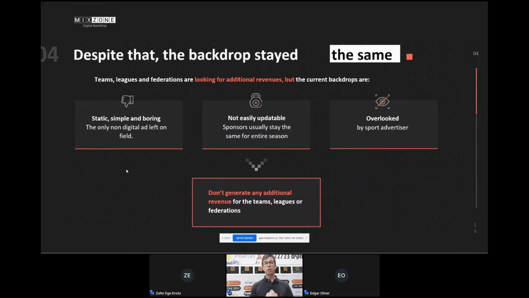And you cannot update them through the season. You can, but you will have to reprint them all over again, which makes it really hard. It's not sustainable, and most of the time clubs say, I will not do it, and they just put a patch on the backdrop, like a small logo, and that's it. So basically the current backdrops don't generate additional revenue for the teams.